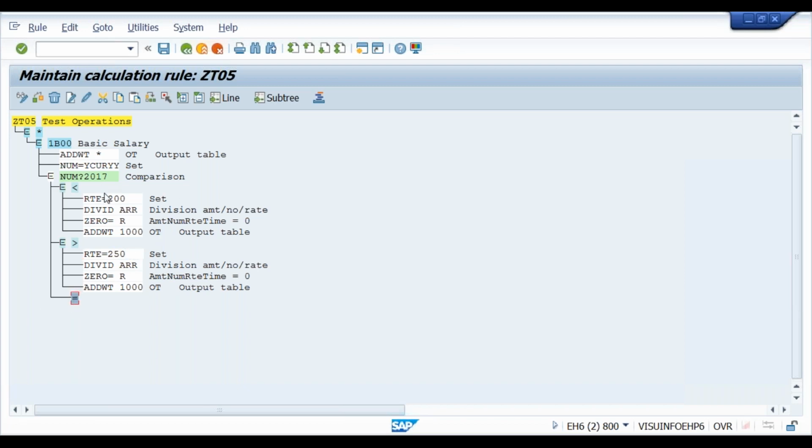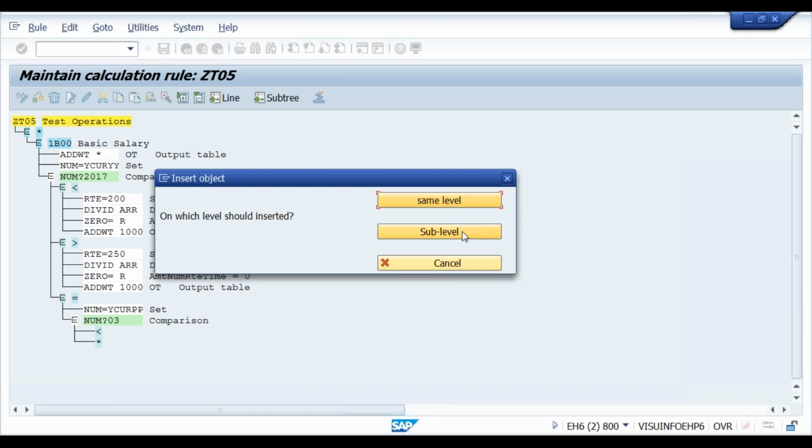Now here, I cannot directly write either this one or this one, because in 2017 the first two periods apply the old rule, and the last ten periods apply the new rule. So how do we write here? Again, same format. Number equal to y, CURPP, and then compare the number with the period number 03, if it is less than, greater than or equal to.